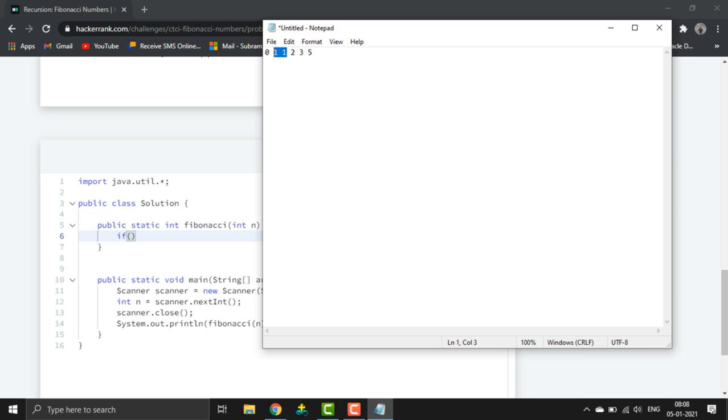This is called the Fibonacci series, and this keeps on going. The first two numbers of the Fibonacci series are always constant, which are 0 and 1. Mostly it starts with this.